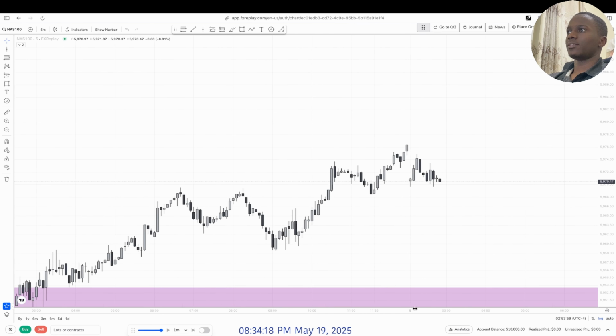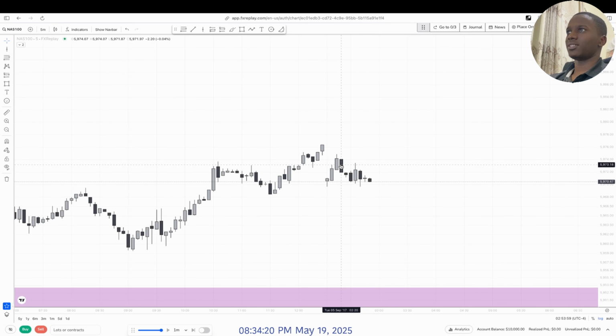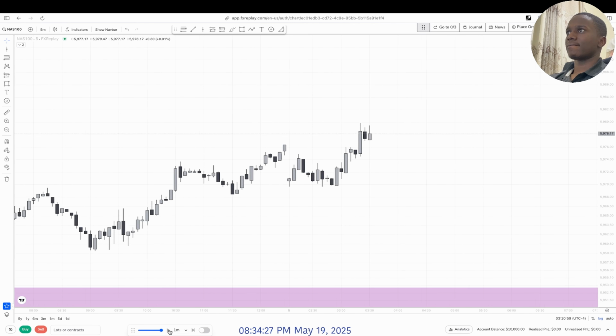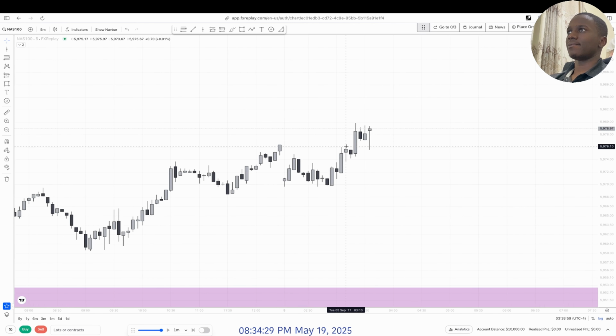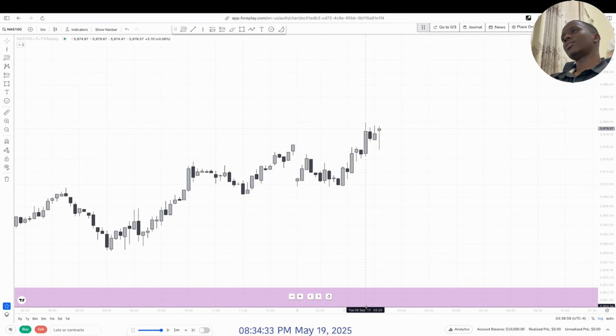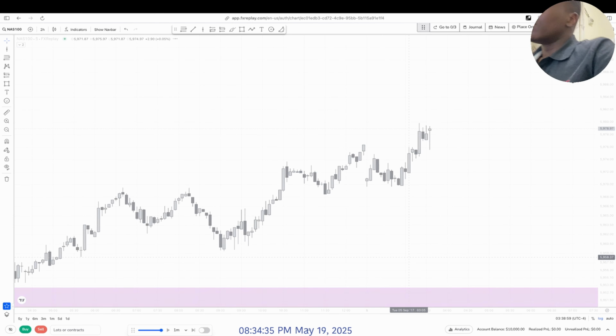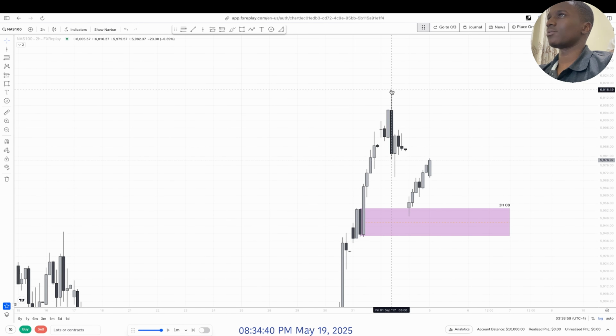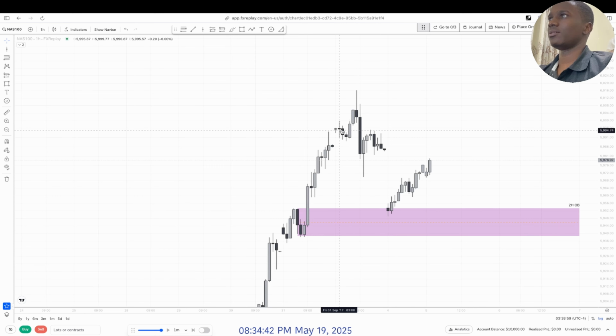So you can see clearly that after this small shift right here, we started going a little bit bearish. Took out this high. It's currently in New York, and when you go to a higher time frame, liquidity levels, we'd mark this one. 1 hour, we'd mark this one. Like this. Like this.